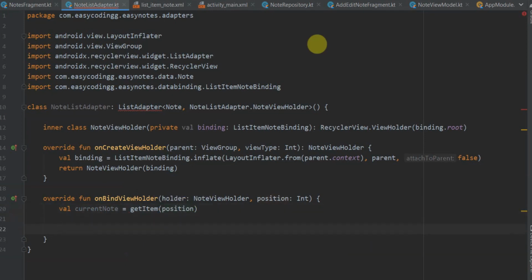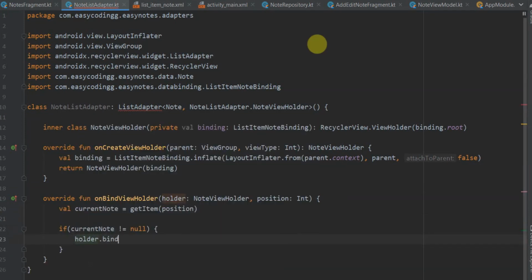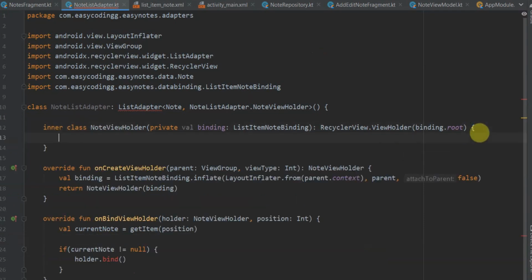Now we will check if currentNote is not equal to null. Then we will call holder.bind.